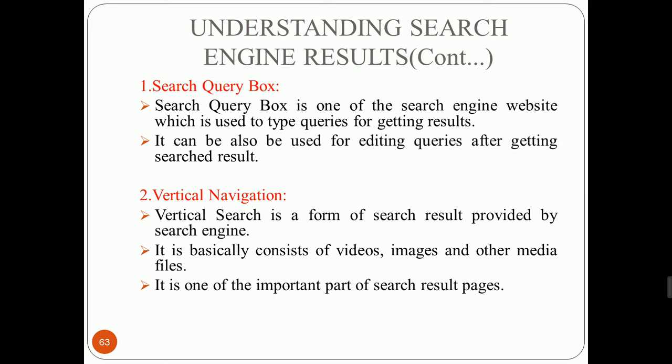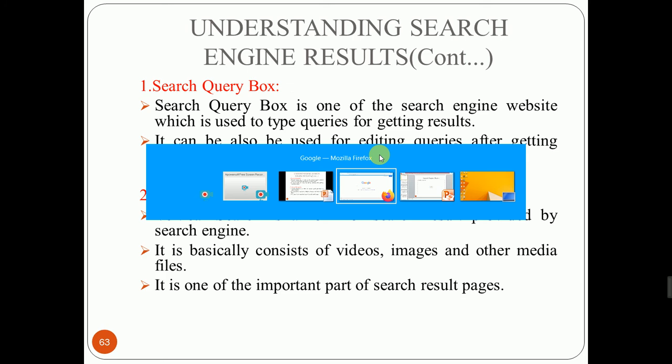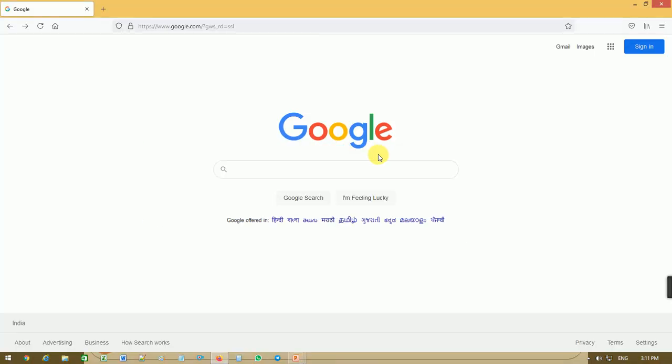So vertical pages are one of the important parts of the search result page. So what are vertical pages? The layout of the vertical page may change. It is not compulsory that the same layout is available. The sections are compulsory and are available, but the layout may be different. All the sections are available.